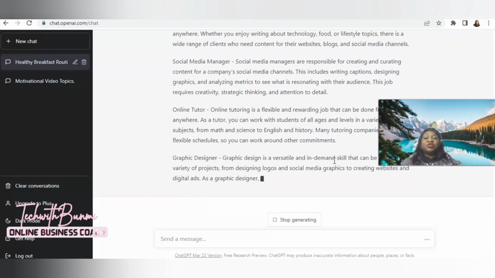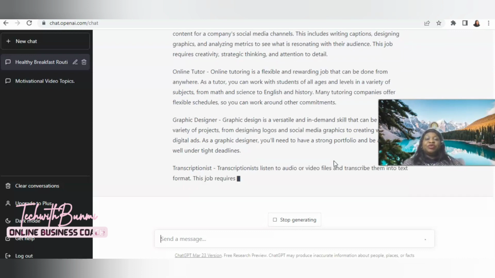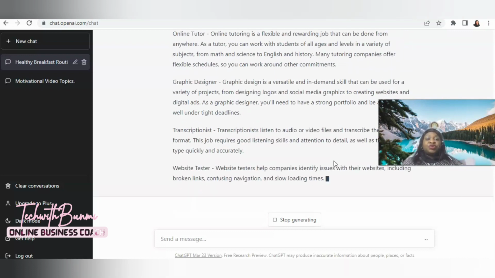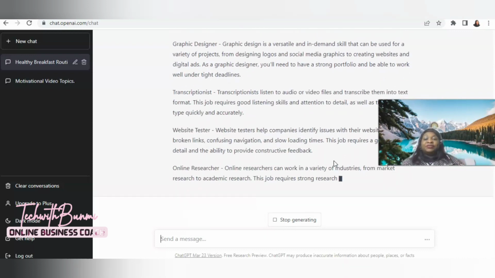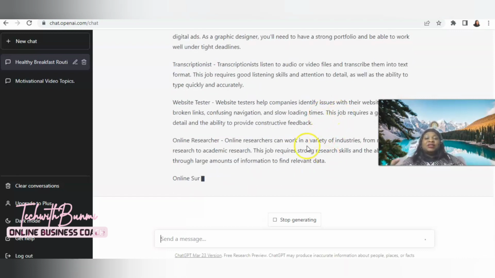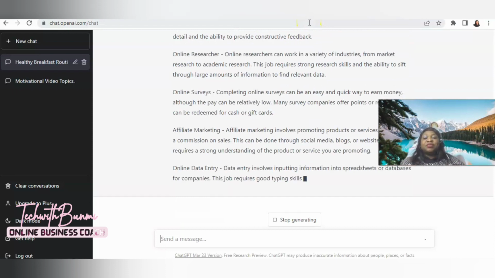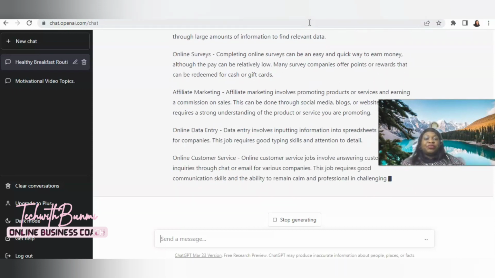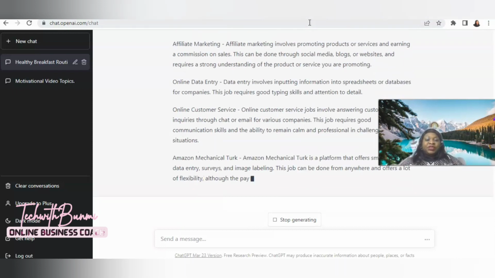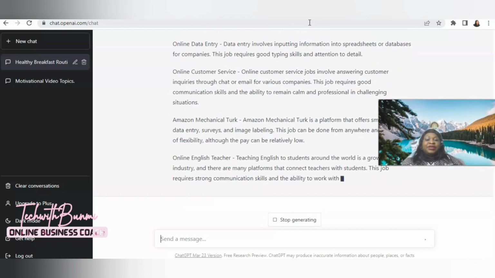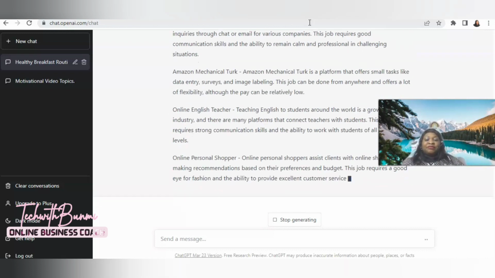You tell ChatGPT to elaborate more on the particular topic you want to write a blog on, and after doing that, you can copy it and paste it on Medium. As you can see, this is more elaborate, but I'm not going to copy this.